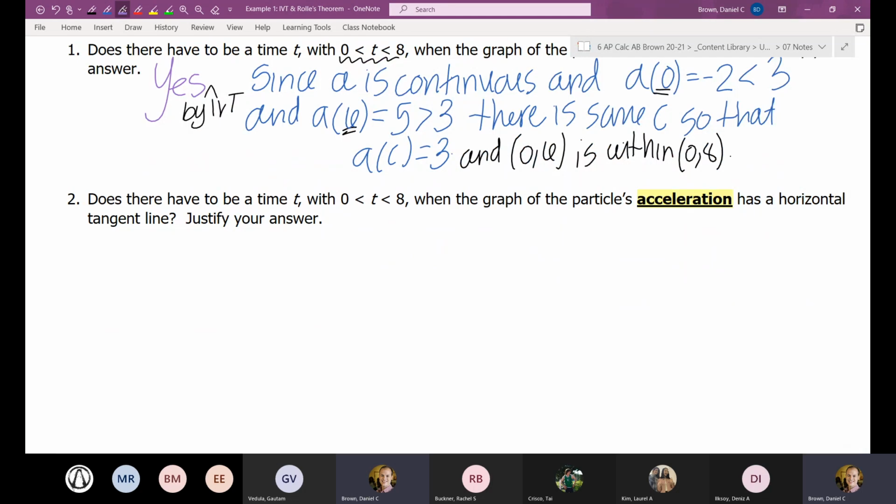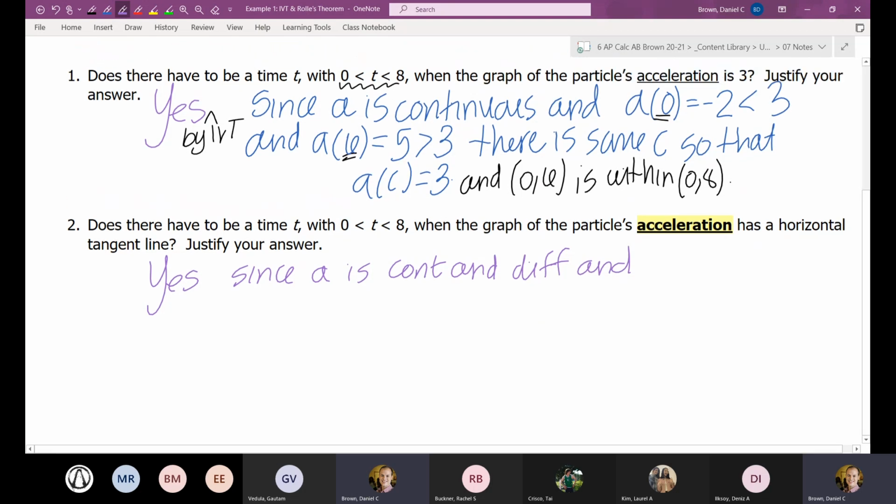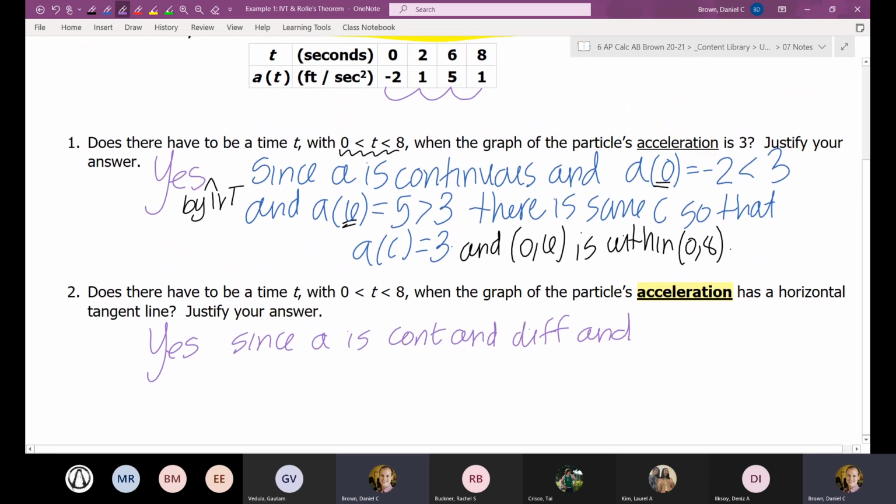So we have yes, since the acceleration is continuous and differentiable. And then how did we know? It was because we had those two y values that were the same. So I just want to make sure I'm clear about what those y values were. That was at 2 and 6. So since A is continuous and differentiable, and A of 2 and A of 6 are the same y value,